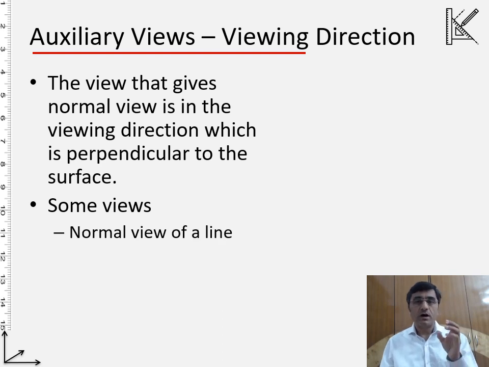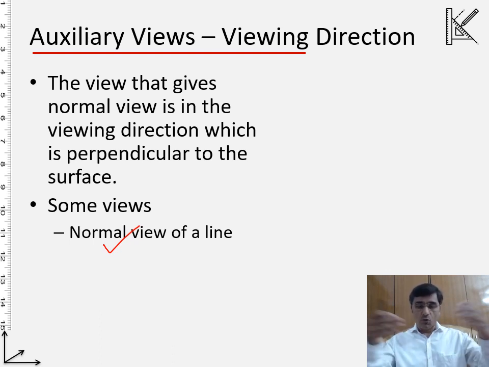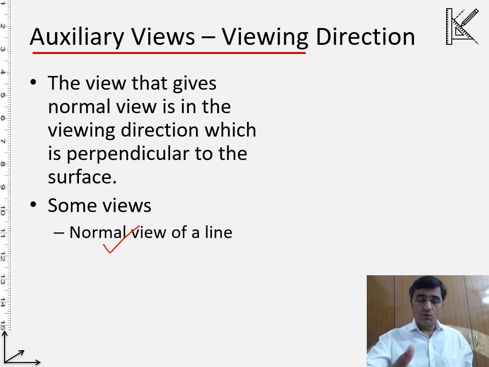We are talking about a line and the term normal view of a line. What is the meaning of this? Let there be a line, and let us make some assumptions over here. Let us assume that there is a glass box kept here in front of me. One face of the glass box is here, and this is the top one, and here is the side one. So for you, this is the frontal plane, this is the horizontal plane, and the one on the side is the profile view, or the right side profile view. Okay, so thinking of this glass box, I keep this pen inside the box.